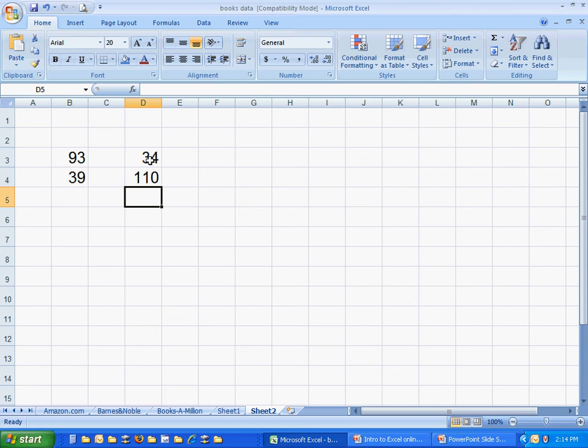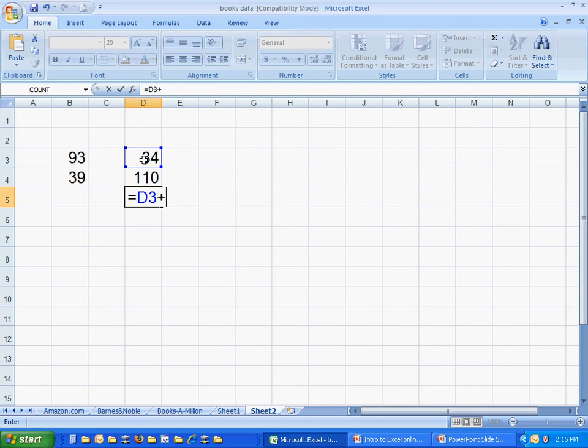Okay, now move down one more cell. We're going to start a formula. So what you do when you start a formula is you use the equal sign. There it is. Next, click on the cell with 34 in it, or you could type the cell name. And remember, of course, the cell name is the column header plus the row header. For this one, it's D3. A lot of times it's easier to click, so we're just going to click. Okay, you're going to see the cell name appear after the equal sign and see a flashing box around the selected cell. So next, type in the plus sign